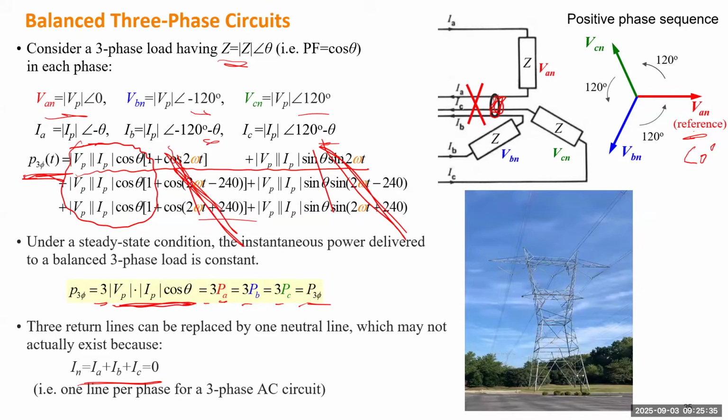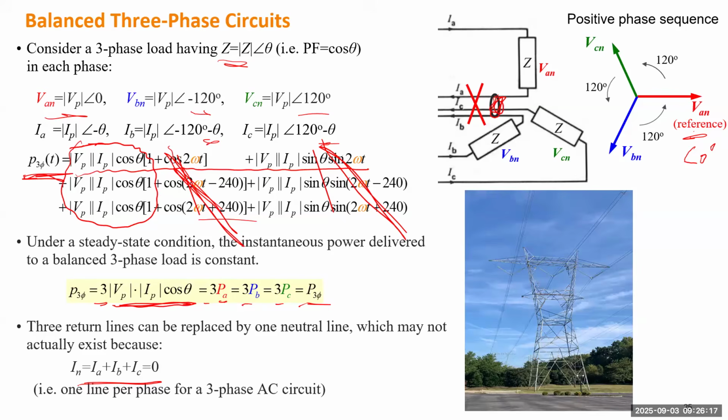That is why when you look at any high voltage tower, you first need to recognize the insulator, because not every wire is a transmission line. You may see many wires there, on top and bottom, but some don't connect to an insulator. So only these lines are connected through insulators to the tower. That could be phase A, phase B, phase C. So you only have 3 lines. You don't see the neutral line. The neutral line is just the ground, because for balanced condition there's no current coming back. So instead of building another line connecting all their neutral points, it just directly connects to the ground.